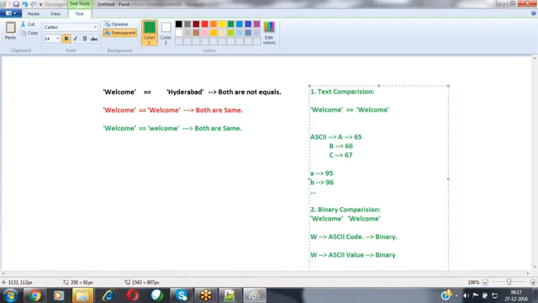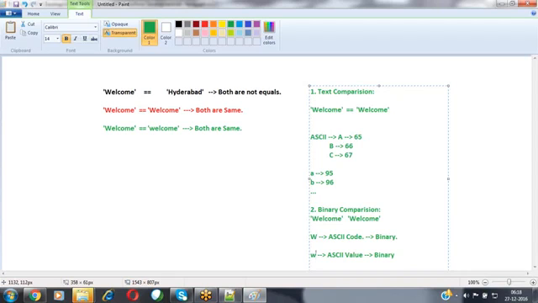So binary comparison gets the ASCII code of each and every character. That ASCII code value is converted into binary format, nothing but 0's and 1's, and that binary data is compared. That is when we use binary comparisons. Now if the second string's first character is a small w, it will have a different ASCII code, so the binary value will be different, and these two are not the same. That is how we can compare exactly.